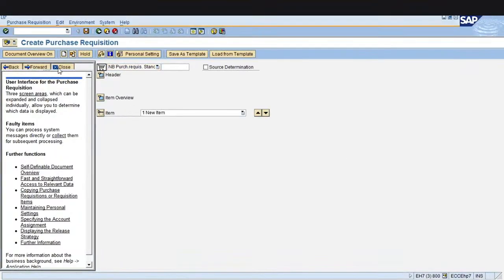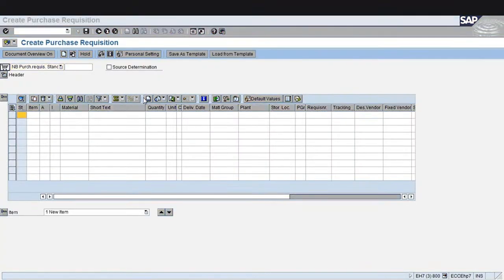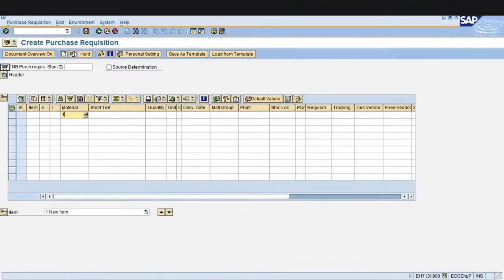This is the purchase requisition creation screen. Okay. Click on item overview. Now we can create a purchase requisition, and this purchase requisition we can use for the creation of contract. I will create it quickly. The purchase requisition